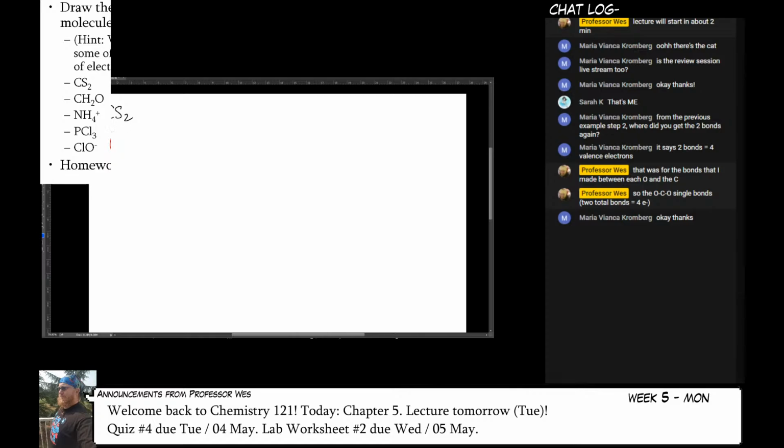So let's look at CS2. Carbon has 4 electrons because it's in group 14. Sulfur has 6 electrons because it's in group 16, and there are 2 of them. So I'm going to add those together and I get 16. And you're going to be like, this looks a lot like CO2. And turns out, yeah, because oxygen and sulfur are in the same group. They have the same number of electrons, and in fact, they have the same structure. So when we go to make our blueprint here, everything's going to line up in more or less the same way